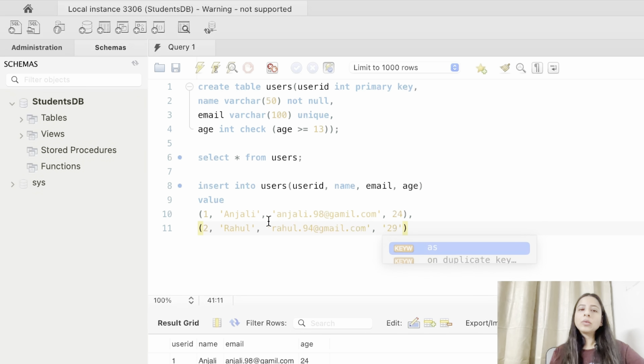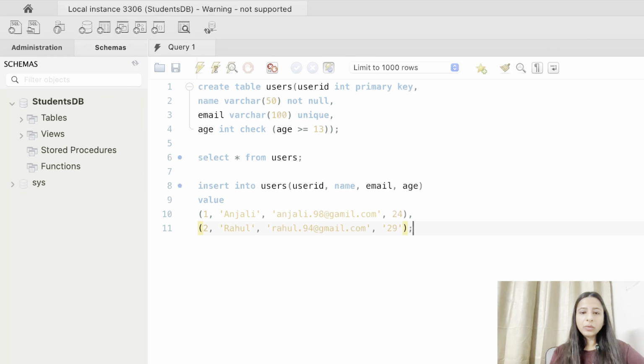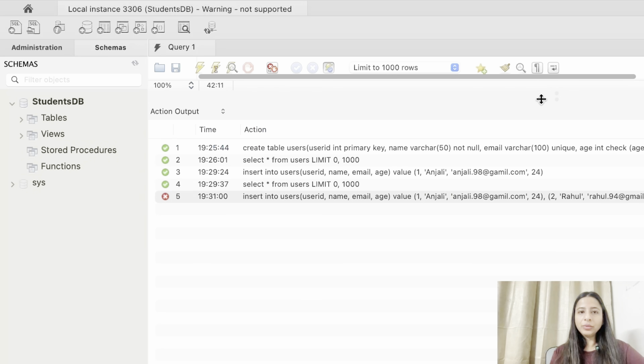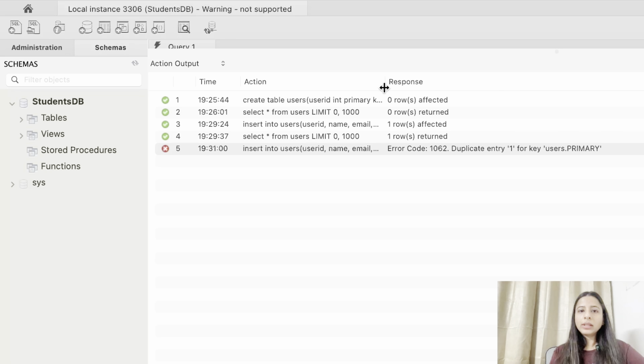If I execute this query, the first value Anjali is going to get inserted twice, so let me just try it that way. Since we have a check that the primary ID should be unique, and the email also should be unique, there should be no duplicate accounts. So let's see if this particular query returns the data in the output or throws an error. I have executed this, and yes, let me just show you the result. It says that this query failed and we got the error: duplicate entry 1 for the key users.